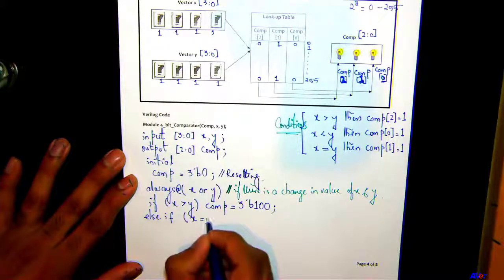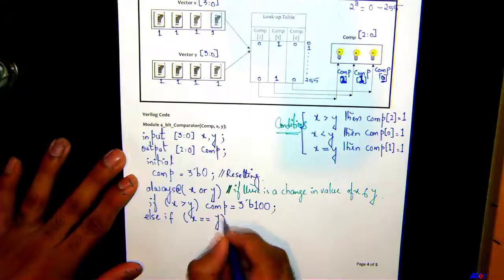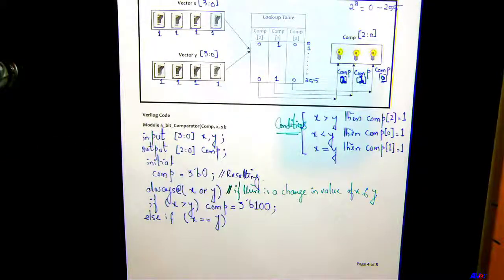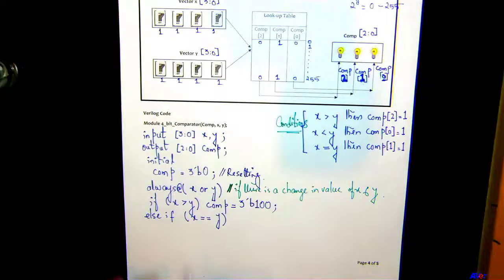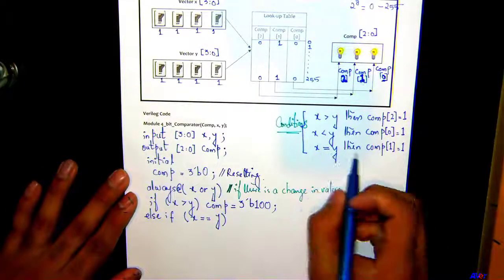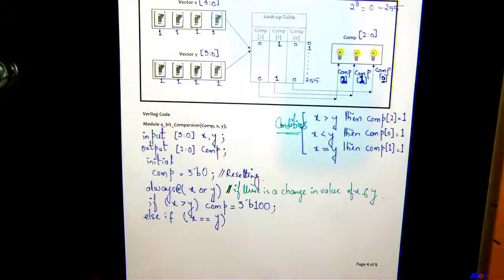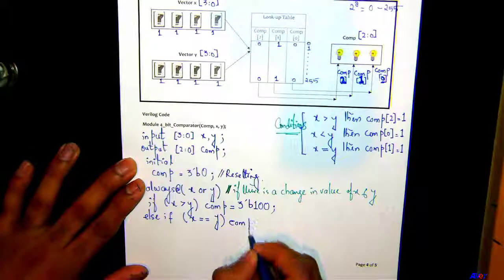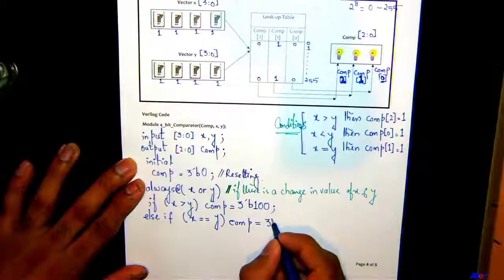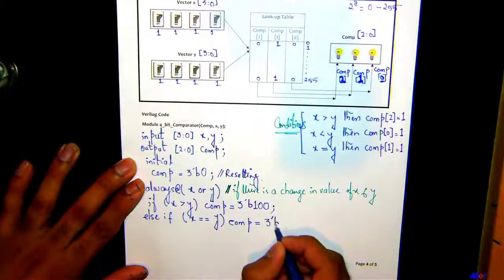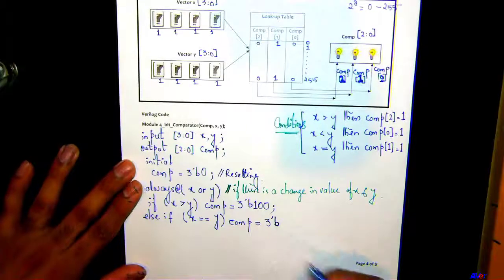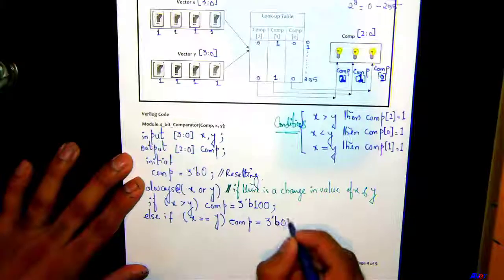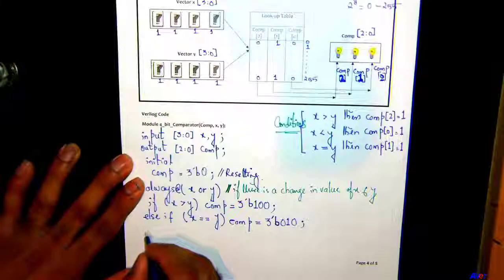x equals y. I uploaded one file by the name of HDL operators. In Verilog, when you have two equals signs right next to each other, it means you are comparing the two values. Here we are comparing the values of x and y. So if x and y are the same, then comp1 is going to be 1. So which would mean, now somebody has to help me, what are those bits going to be? 0, 1, 0. Good, awesome, guys. Okay, else